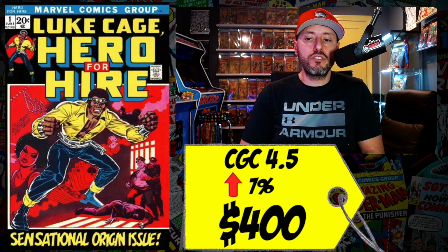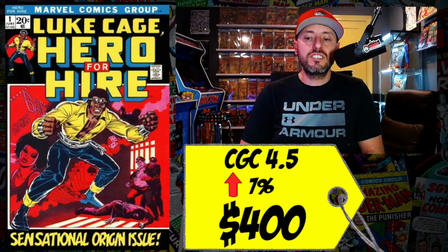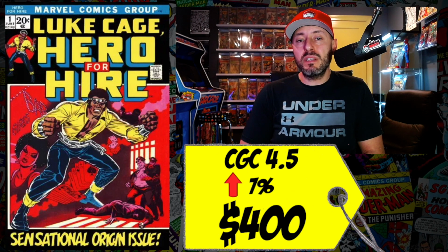It is a copy of Hero for Hire number 1, the first appearance of Luke Cage, and a CGC 4.5. Recently sold last week for $400, up 7% since January. Now, a lot of people out there have poo-pooed this cover. Not one of the greatest covers. It is a Bronze Age key, but I will say this book took a big hit when that Luke Cage